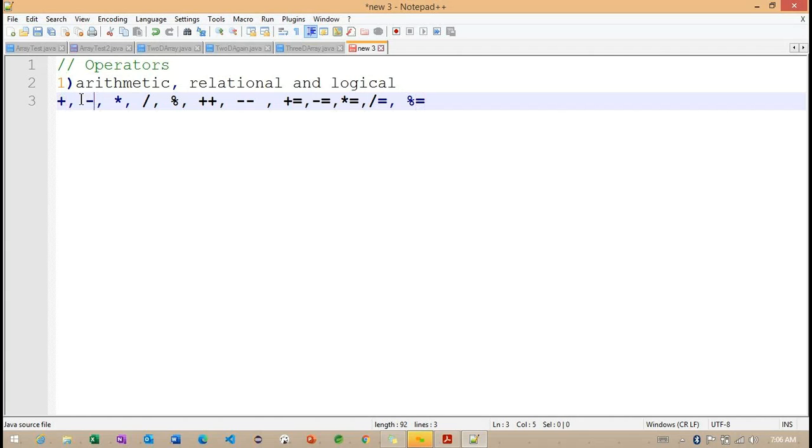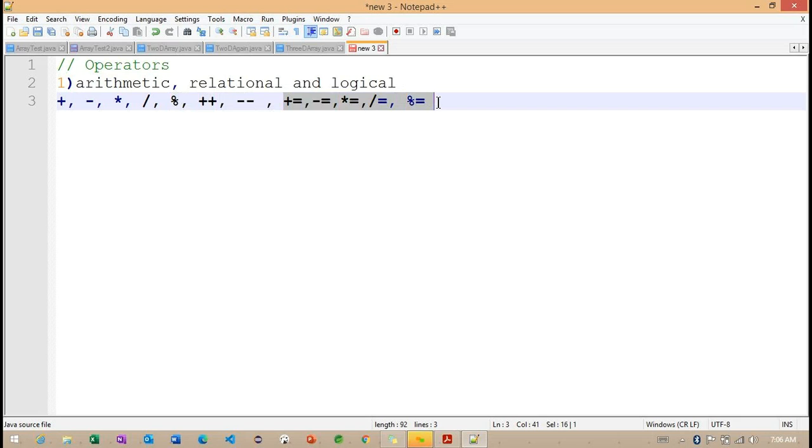The first group is addition, subtraction, multiplication and division. These are the basics we already identified, and along with them we will discuss the modulo operator, the increment operator, and the decrement operator. These are the five operators.